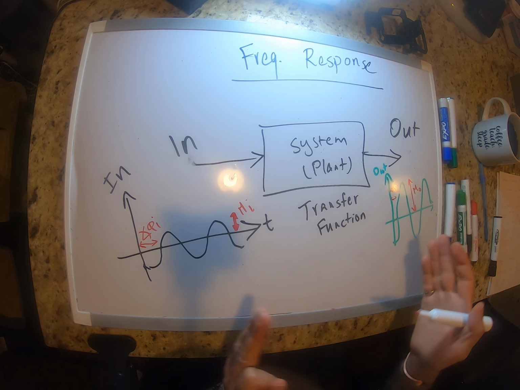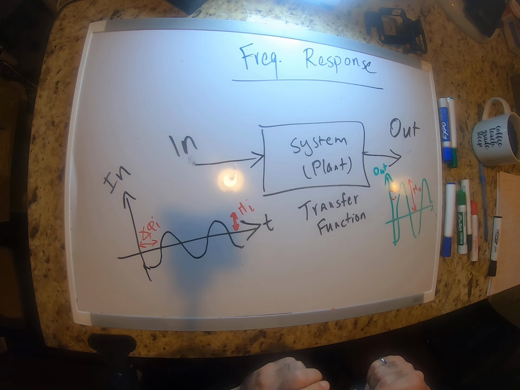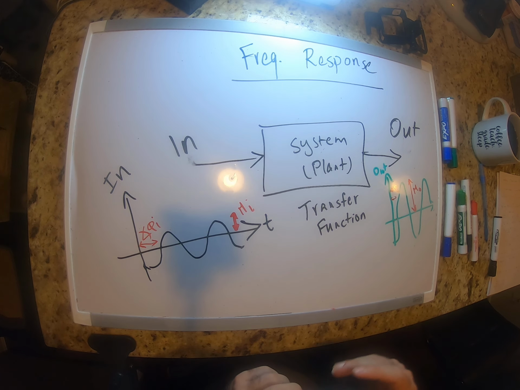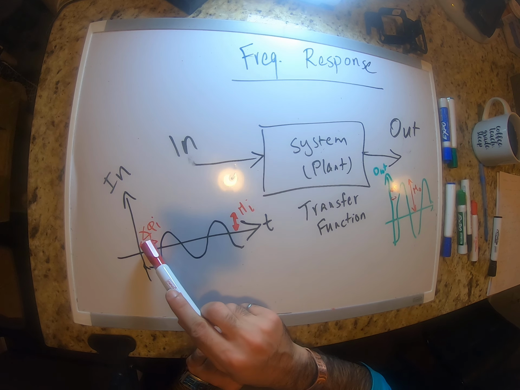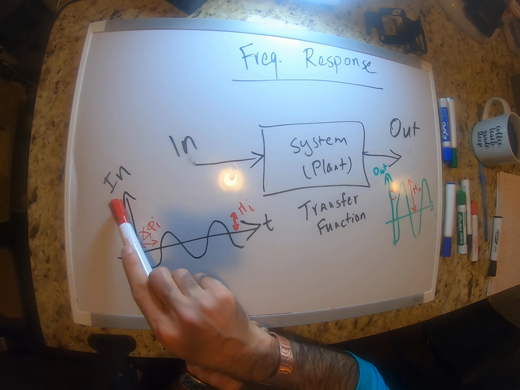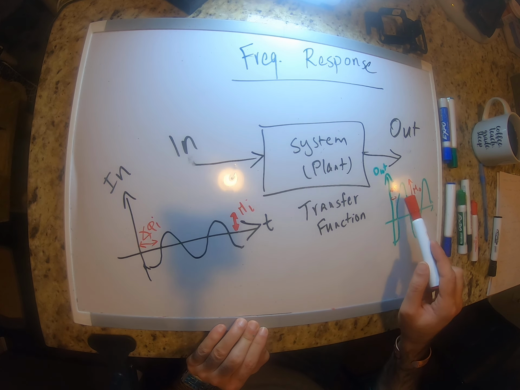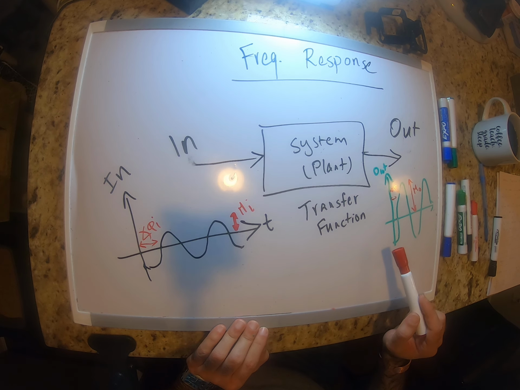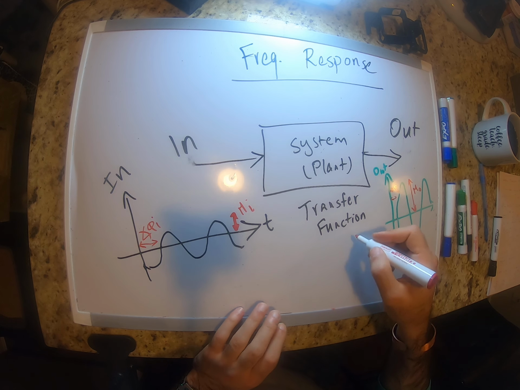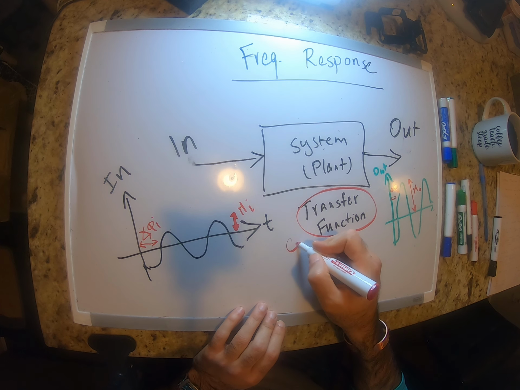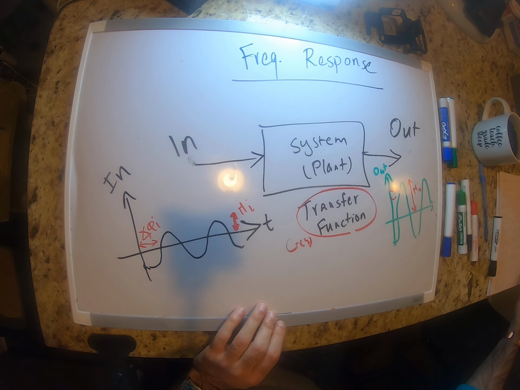So this is what's happening here. There's no change in the frequency here. They have the same frequency, but their magnitude is different. This is the phase of input with the magnitude of input, phase of output, and the magnitude of output. So the transfer function is basically